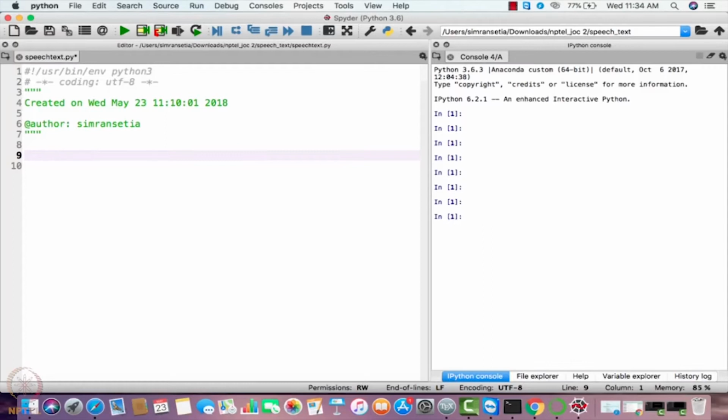Hey everyone, I'm done with the steps. I first installed speech recognition, then recorded my file through the microphone, and then converted the audio file into .wav extension. So these are the steps I asked you to do. I hope you are done with the steps. Since you are all done with the steps, let us start with the program.